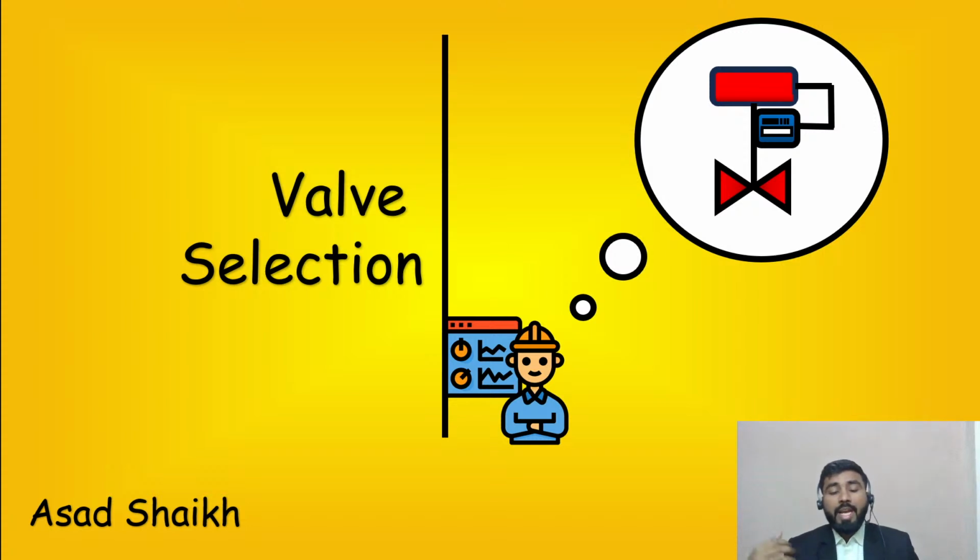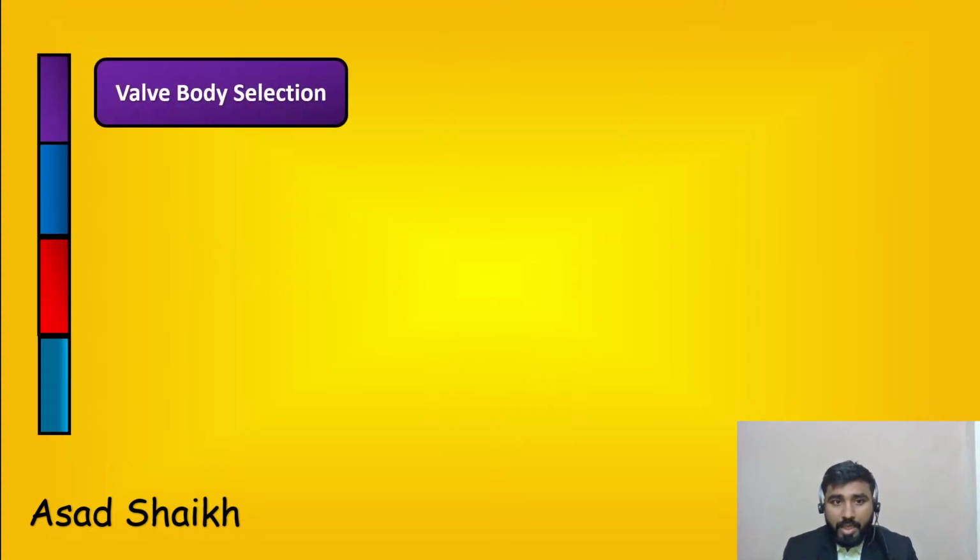So now here what I suggest is, as an engineer we should also add value. Whenever we get certain specifications, they are usually based on the experience of the client, or maybe based on certain licensor requirements. However, those are not rules set in stone. So if as an engineer you find that those things don't make sense, or you can have an optimum solution for that case, I think it is definitely a good choice to select a valve accordingly. And sometimes the PNIDs and specifications make errors. So as an engineer, it is very important for you to catch those. So let us first start with understanding the valve body selection as a first case.